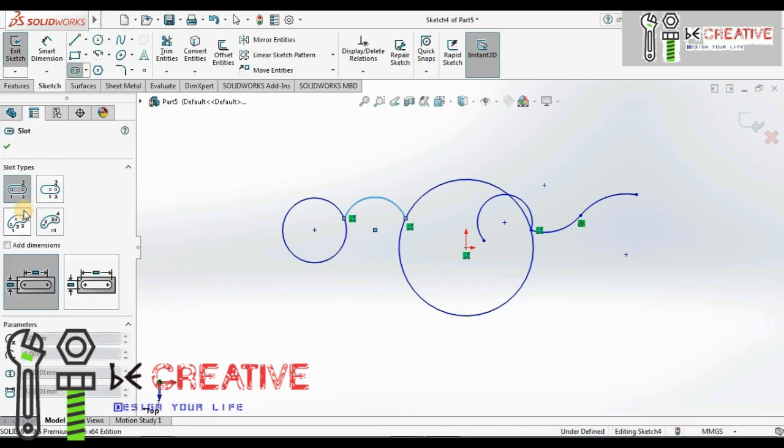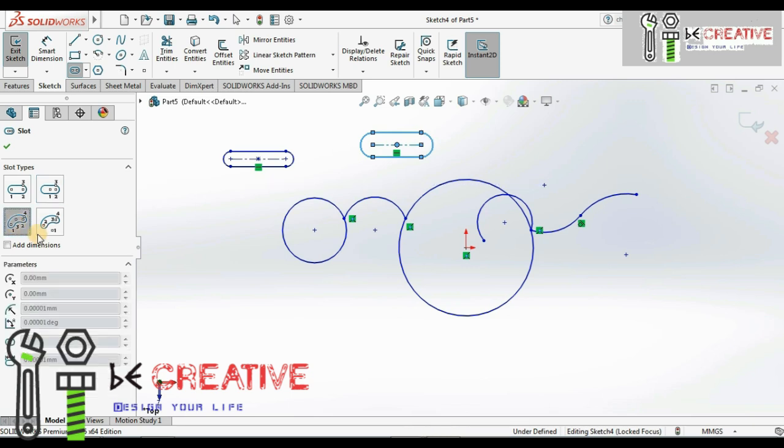And here you can see another option, slot, and there are four subdivisions available in that. The first option is to create a slot by defining the center line of that slot. The second option is to create a slot by defining the center of that slot, and then we have to define the end of that slot. After that we have to extend that slot,